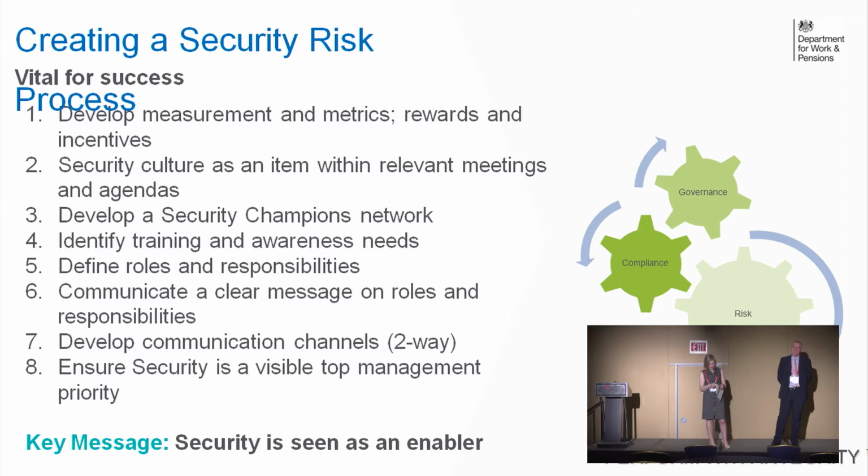This is, without any shadow of a doubt, getting the culture change and the buy-in from the top is our biggest challenge. What I'm pleased about now for the first time is they're talking about risk. What I found is if I went with my 2,500 risks to the board, it meant nothing, absolutely nothing. But if I go and say, your controls fail and your privileged users can access this, they kind of get that. If I say the firewalls aren't configured correctly, they get that,